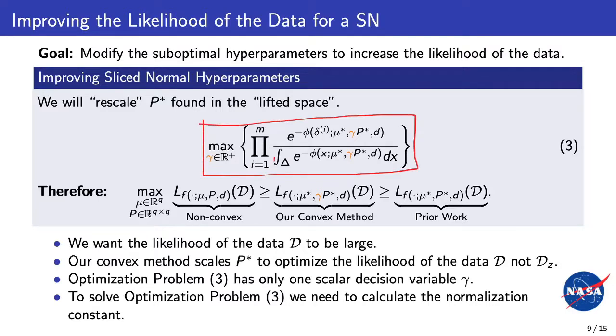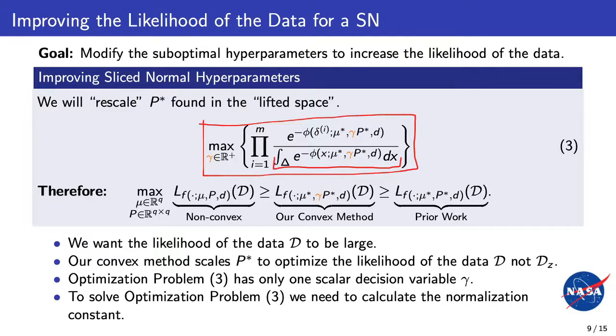So here we have our normalization constant that is non-convex with respect to mu star and p star, but we see that it will be convex with respect to gamma. Therefore, we can optimize this problem using convex optimization and find a globally optimal gamma that rescales our p star